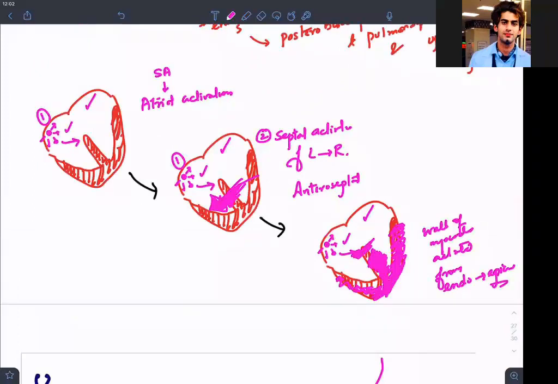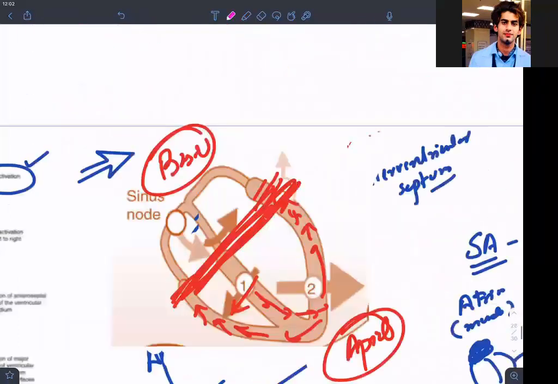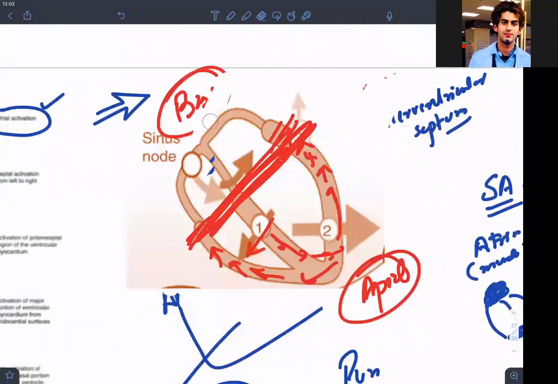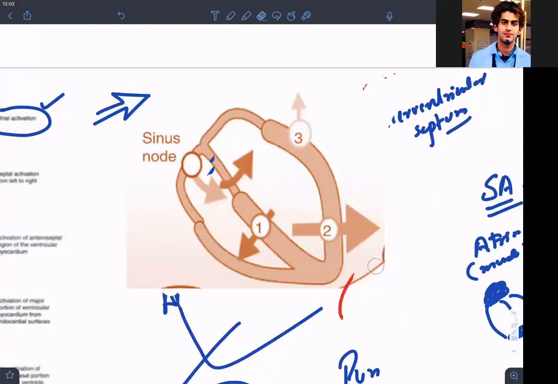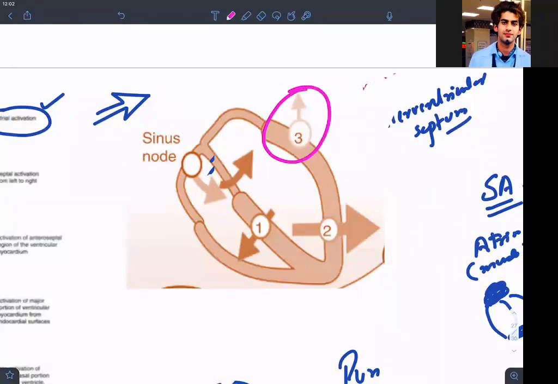This is the concept where everyone fails. They don't study like this. What they do is they directly start thinking that it is atrial depolarization, ventricular depolarization, but we don't. How can we understand the ECG then? See, current is going from here to here. Can we remember these arrows? This is a beautiful diagram which I actually love. And lastly he has shown this arrow here. The last to get depolarized in this region also. Are we clear?